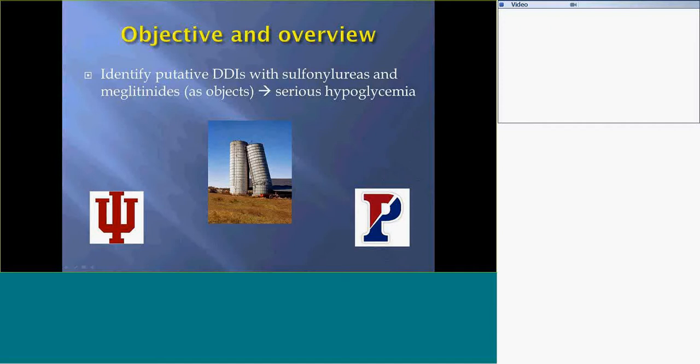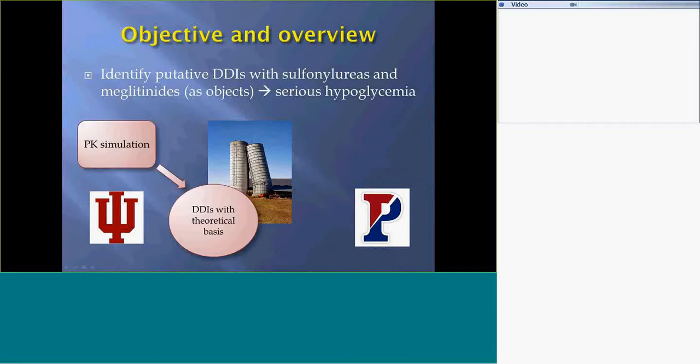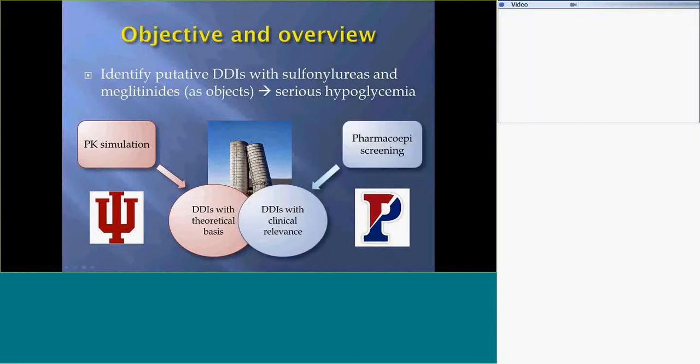So to me, this is a simple but important example of silos collapsing on each other. We take advantage of the clinical pharmacology expertise that Indiana University has in conducting pharmacokinetic simulations and putting forth potential DDIs that have a theoretical basis, together with our group's expertise in pharmacoepi approaches and developing pharmacoepi screening to identify DDIs with a clinical relevance. And then essentially putting that information together